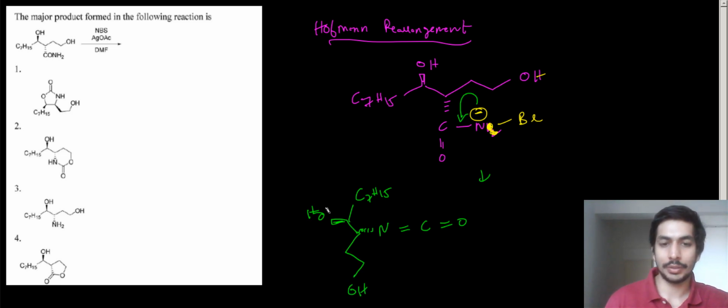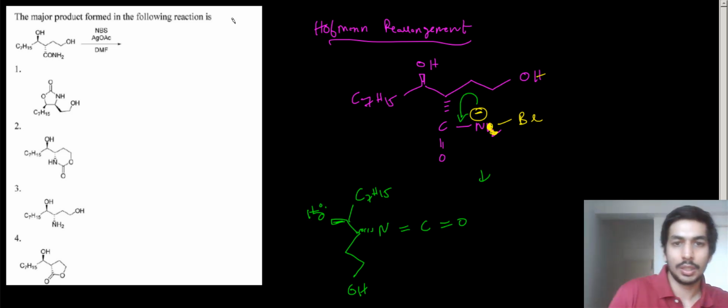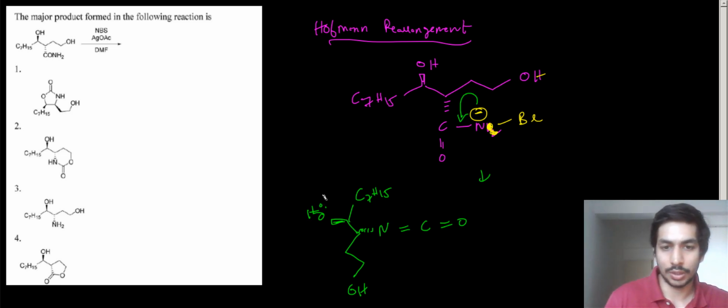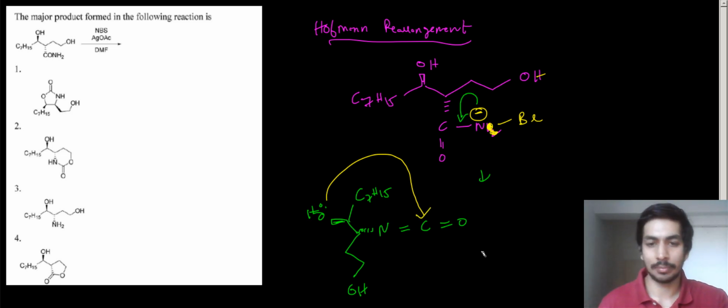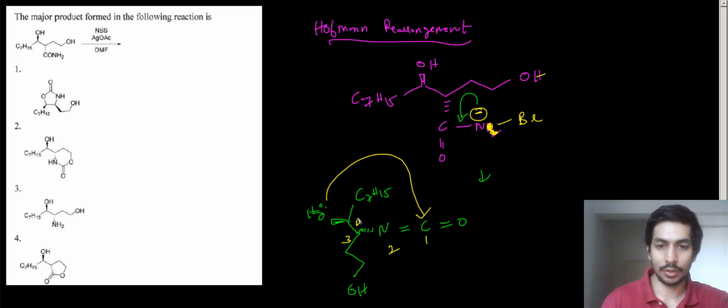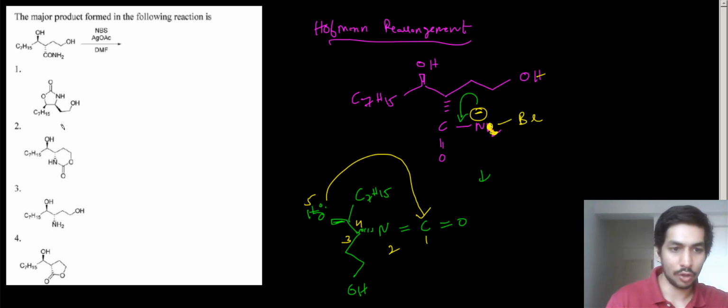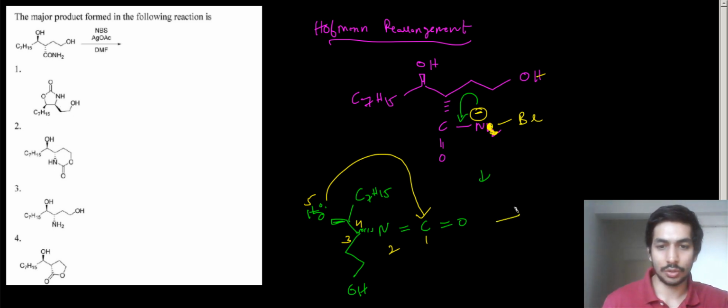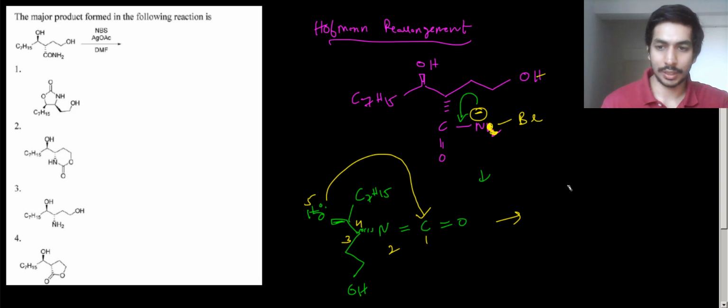So now what is going to happen? This OH over here is going to attack the most electrophilic carbon, which is this one, right? Intramolecular cyclization will take place. So how many membered ring will we get? 1, 2, 3, 4 and 5, right? We'll get a 5-membered ring. So cyclization is going to take place, and we'll get a 5-membered ring. In the options, in all the conditions we have a 5-membered ring. So let us draw further what is going to happen. We'll get a 5-membered ring basically, right?